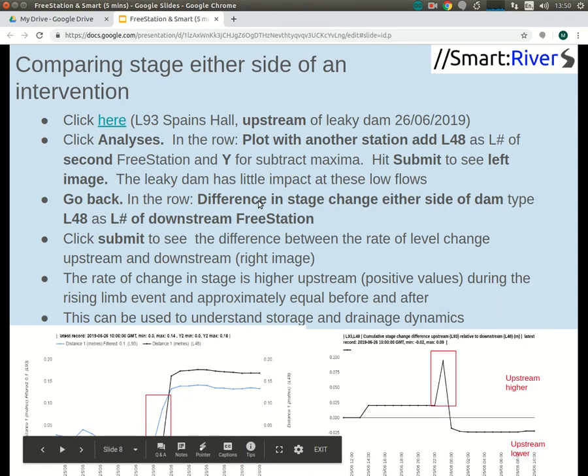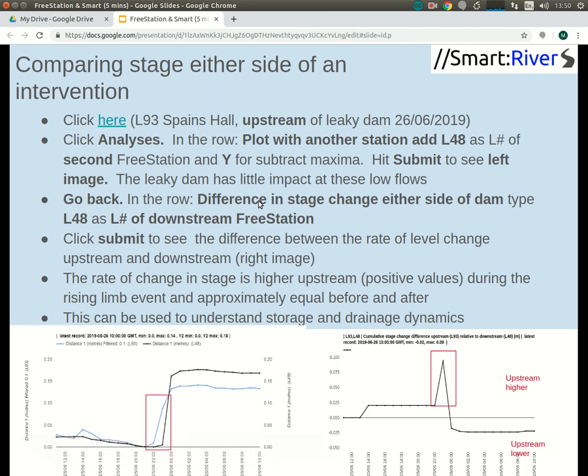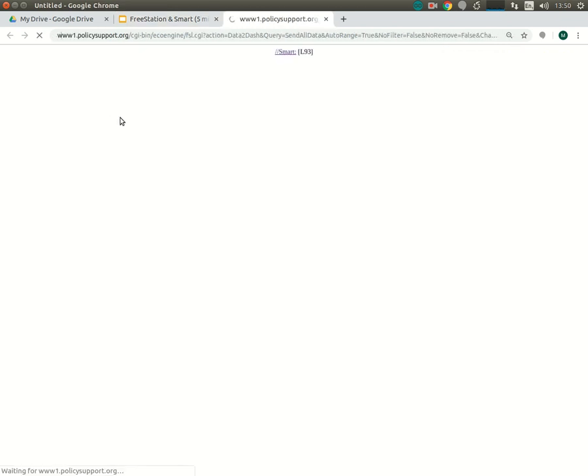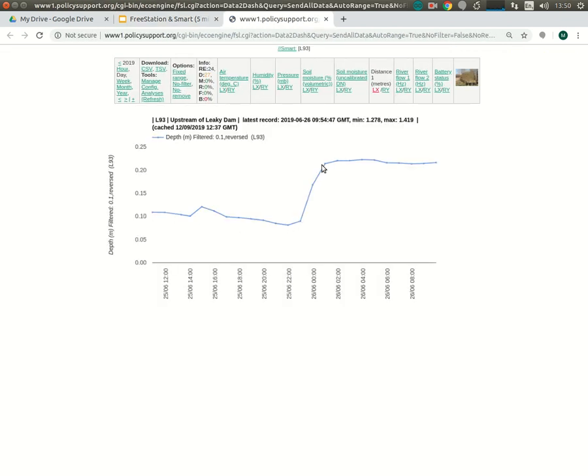So here we have another station with its unique identifier. This is L93. This is in Spain's Hall, and here we have two stage gauges either side of a leaky dam. And so what we're going to do is to plot those against each other first. So we go to the first station. This is the rising limb after a rainfall event of stage, and we're going to hit the analyses button,